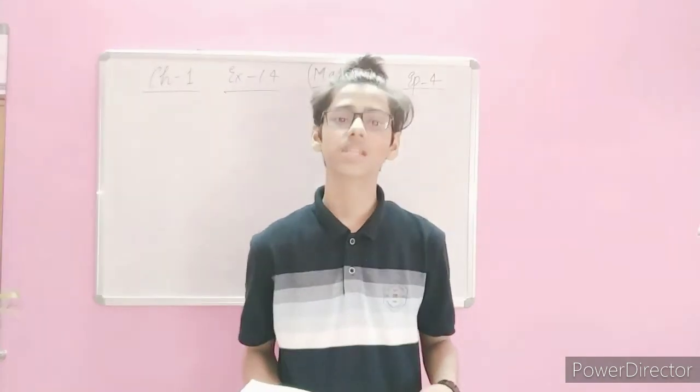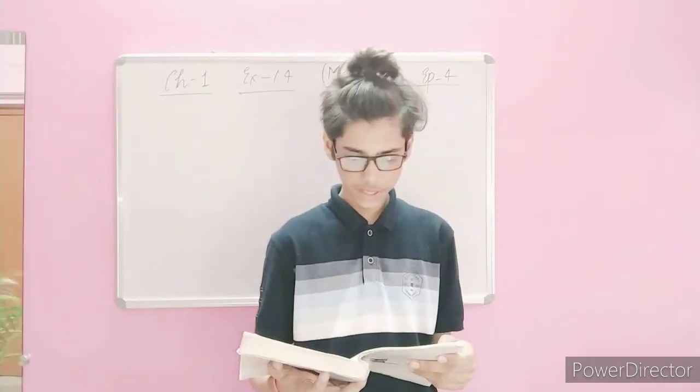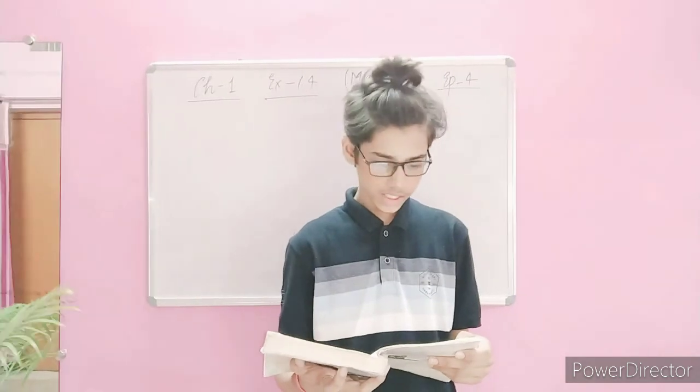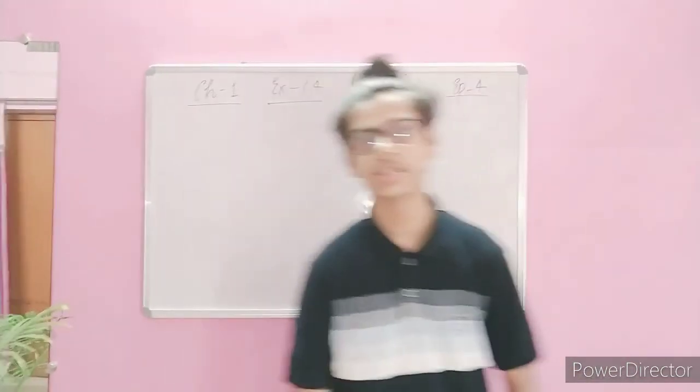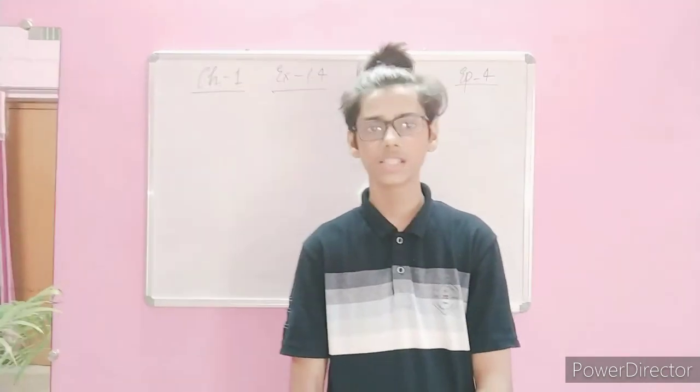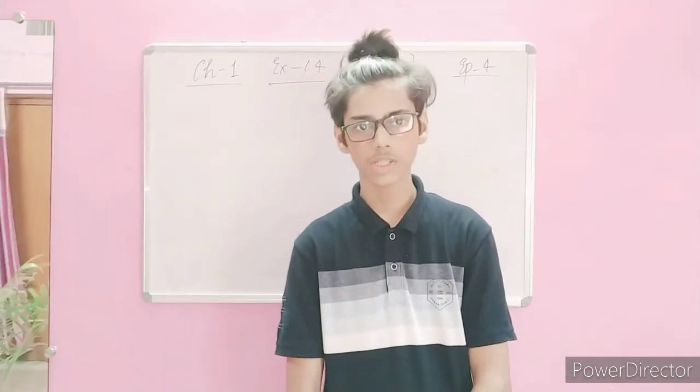Which is 2.125. So after the second question we have the third question, and this is the easiest question and this is your homework. In this, the following real numbers have decimal expansions as given below. In each case, decide whether they are rational or not. If they are rational and of the form p by q, what can you say about the prime factors of q? We just have to give the answer in a sentence. It is very easy. So this is your homework and you guys do it by yourself. In the next video, we are going to solve this question.